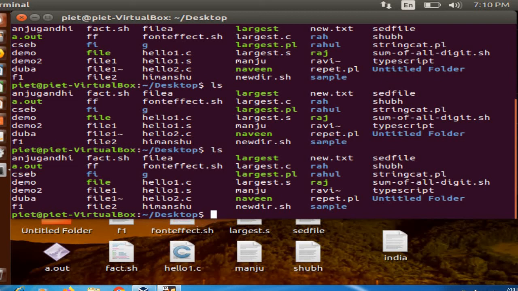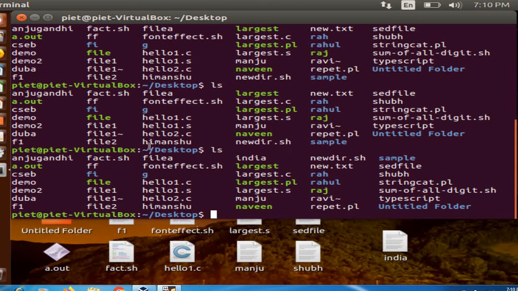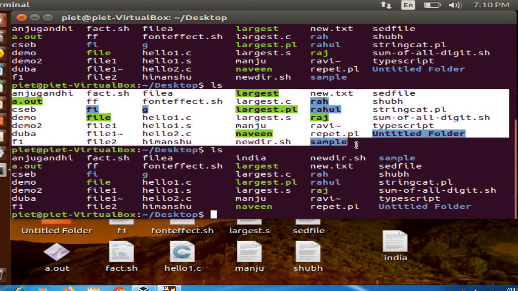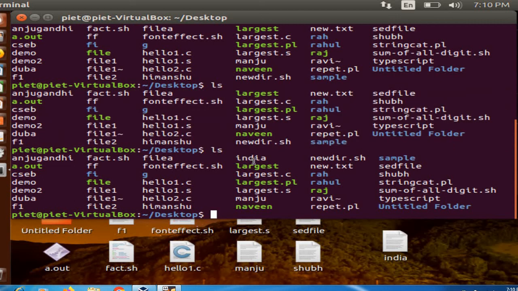Now the time is 7:10. Now you can see that India is available. At 7:10 this particular file is available, but a few seconds before, you can see the clear output here, no file is available with the name India. Now at the proper time India is available.